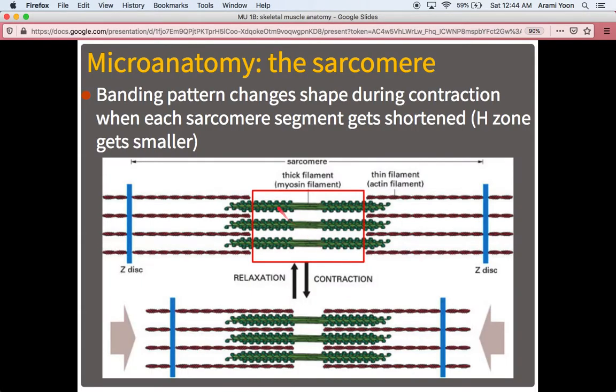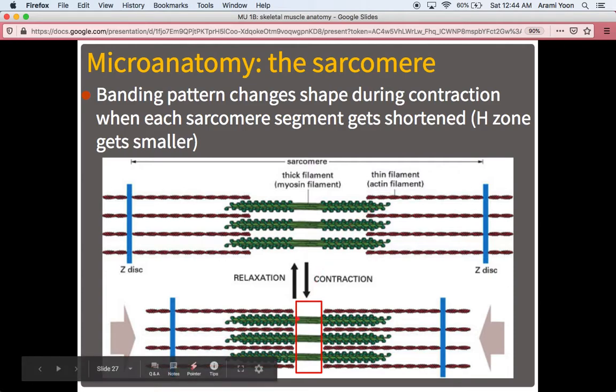So the reason why the H zone is significant is because when the entire sarcomere is relaxed, the Z discs will be farther away from each other, and the H zone will be larger. That's because there will be less overlap between the actin filaments and the myosin filaments. But when the muscle is contracted, the H zone becomes smaller. That's because the myosin filaments basically pull the actin towards the M line. And as the actin gets pulled towards the center, it causes greater overlap between the actin and the myosin,